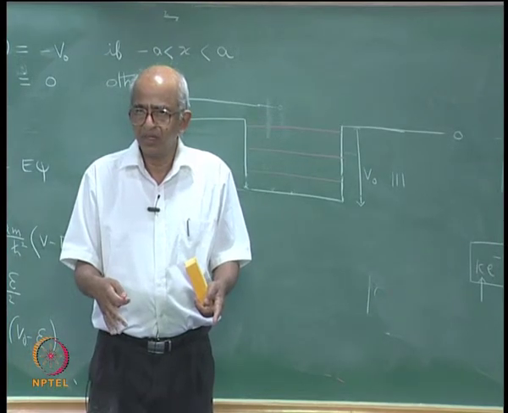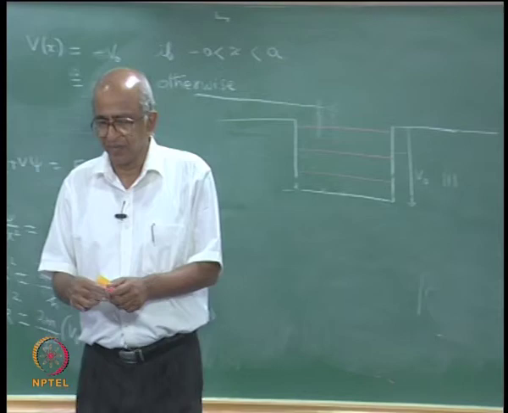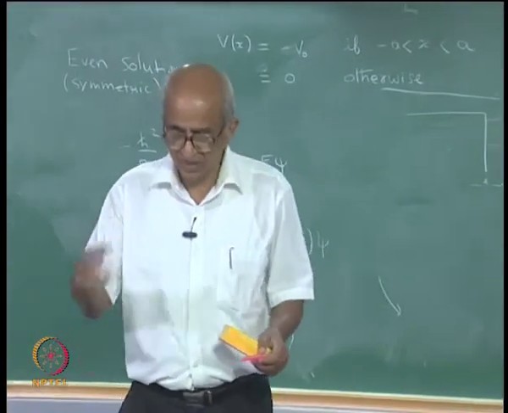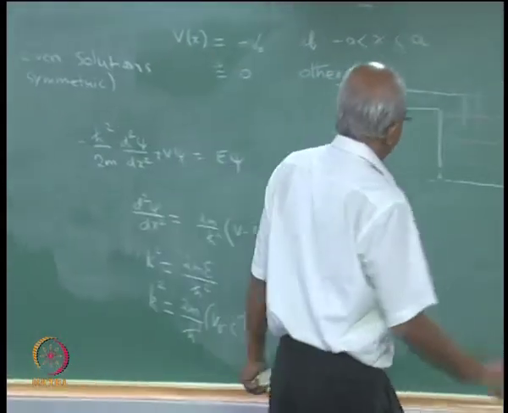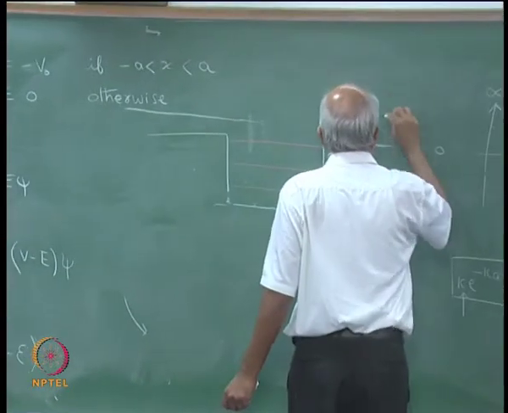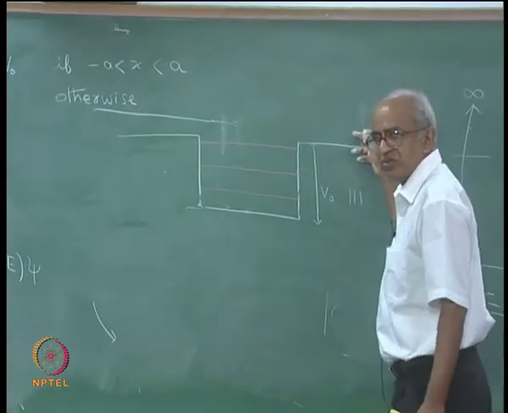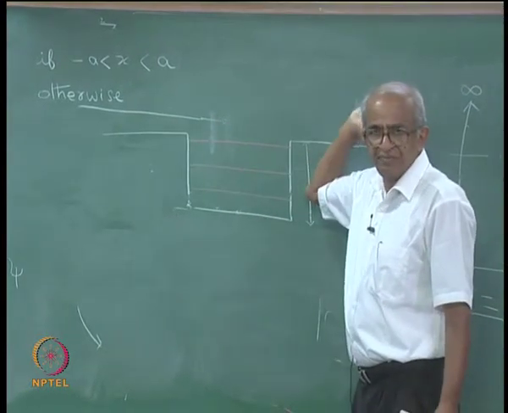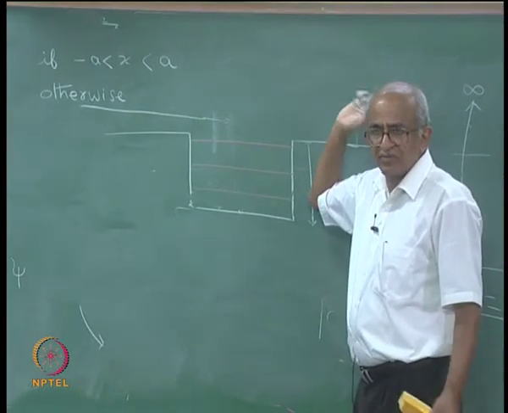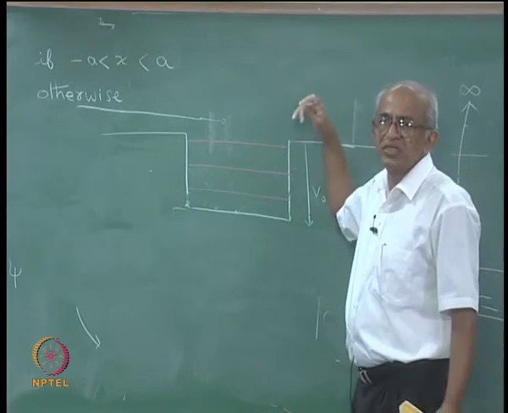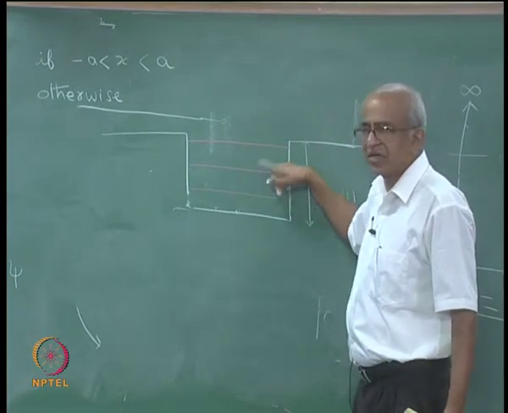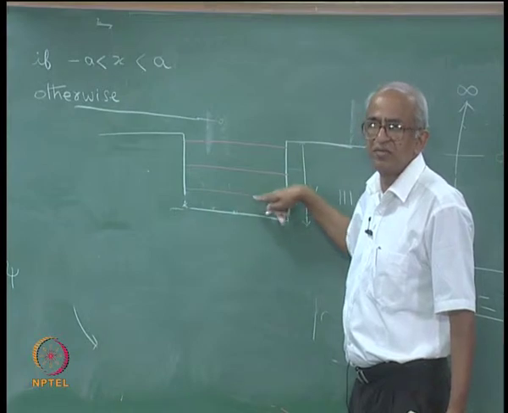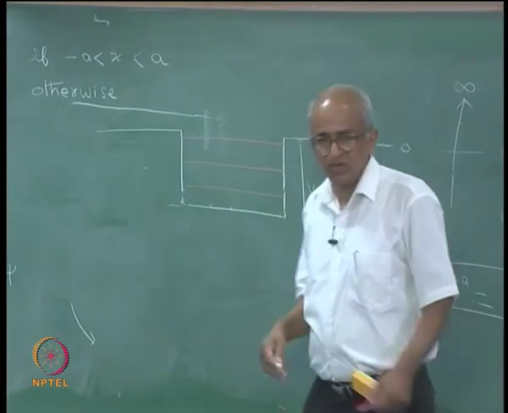Okay. And then you can also ask what will happen if the energy of the particle is greater than 0. Then just as in classical mechanics, the particle has an energy which is above 0, it is not bound here, but it can go away. So that will represent an unbound state of the particle, while these 3 will represent the bound states of the particle. Okay, I think we will stop here.